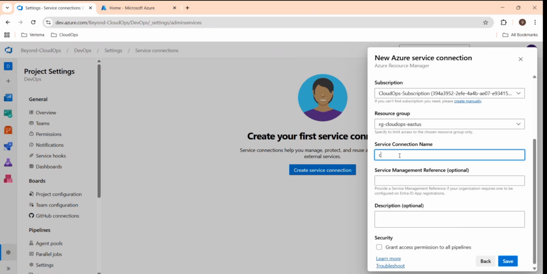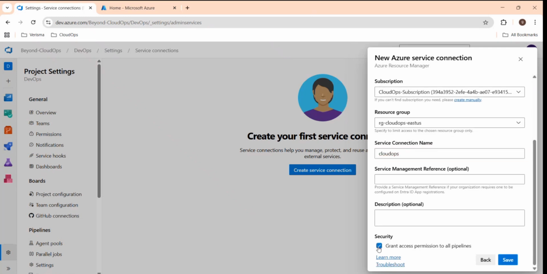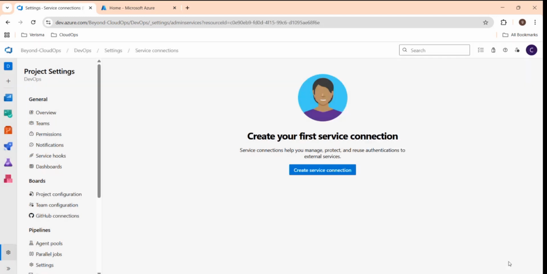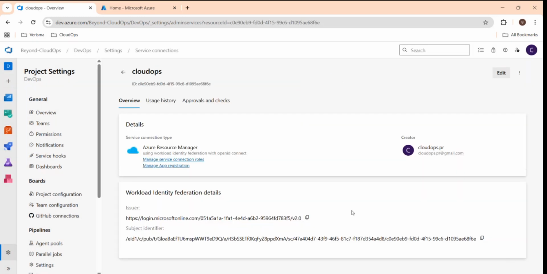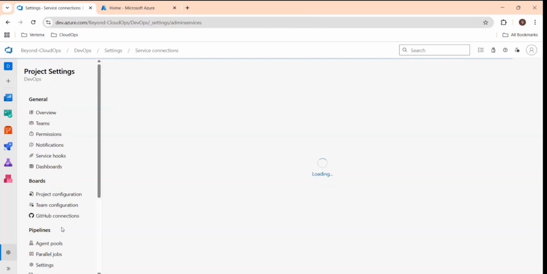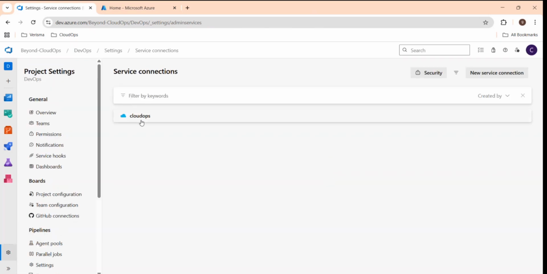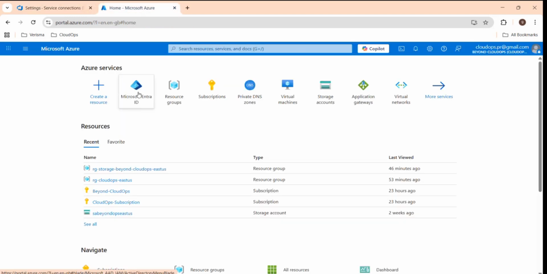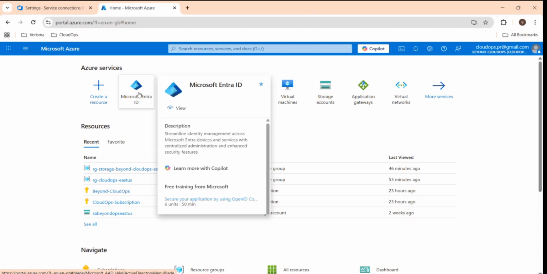And give a service connection name. And check this option, grant access permission to all pipelines. Then click on save. So now we can see that service connection got created, and we can go to the portal and recheck whether the app registration, federated identity, everything